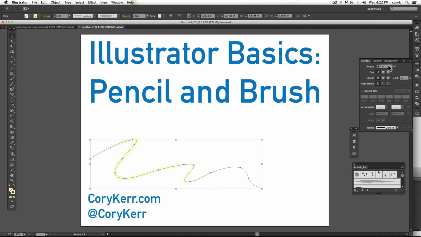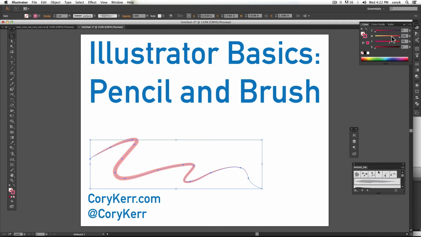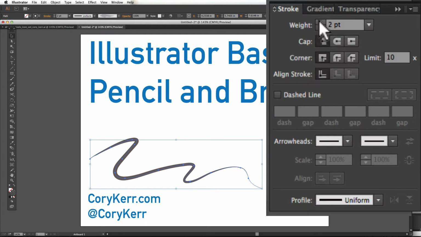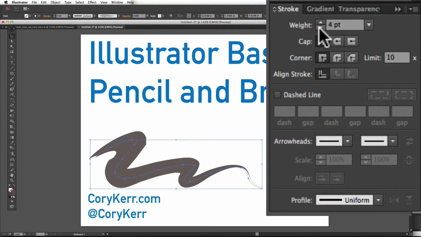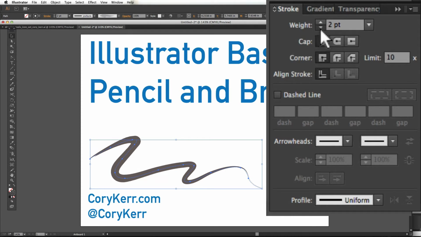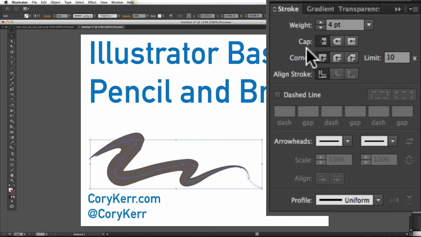Also, the stroke is what's being affected by the brush. So let me give you a darker color. Let's just go all the way there. Okay. So increasing the stroke